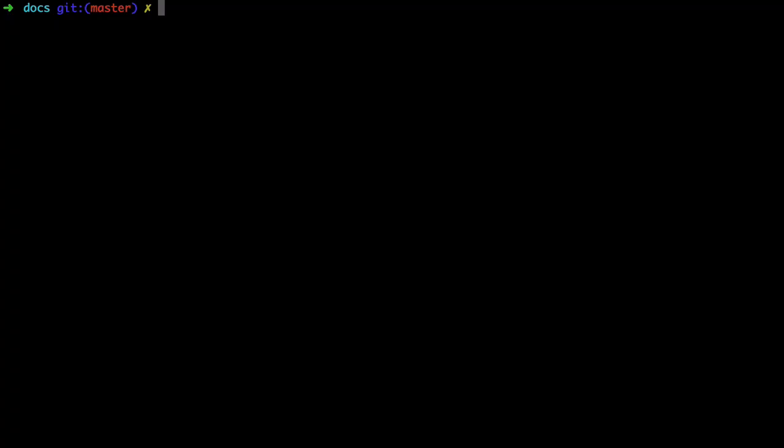Alright, it's time for one last tip, which is how to stage files or parts of files interactively. Now, perhaps you're used to using git add to add files individually, such as by running something like git add, and then the path to our file, .adoc or PHP or JS or whatever. Or maybe you've added multiple files at the same time, such as with double asterisk, dot, star, dot